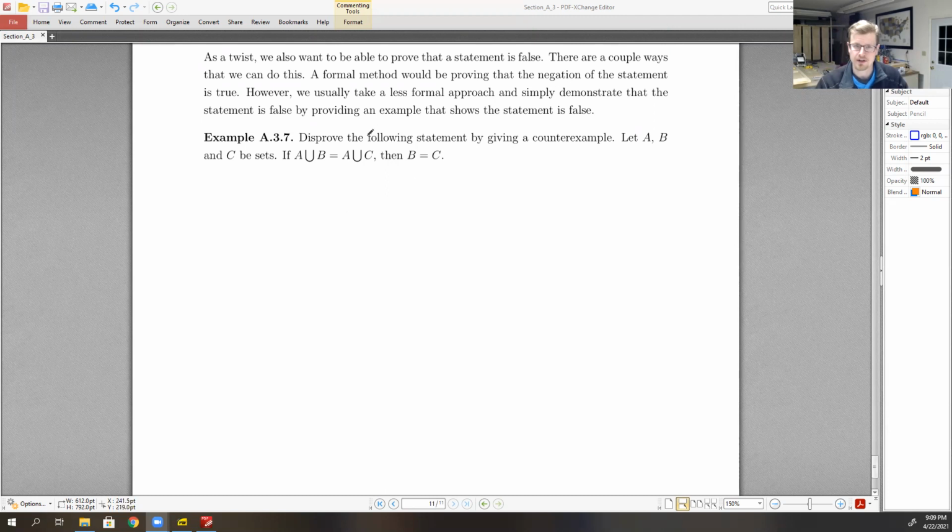So let's consider three sets A, B, and C. If A union B is equal to A union C, then B is equal to C. Is this implication true? It is not, right? There are many instances in which it is true. Notice it is true for